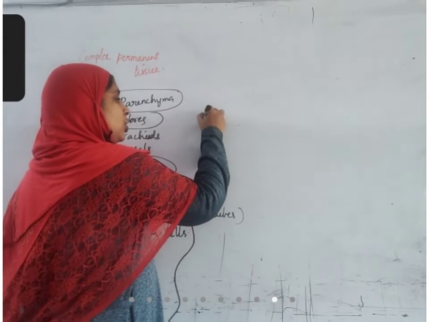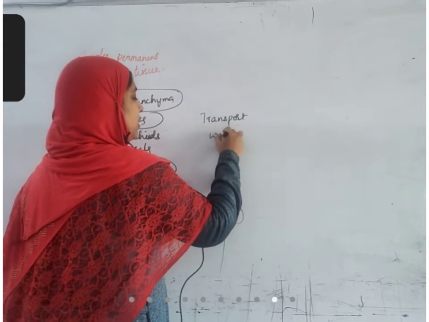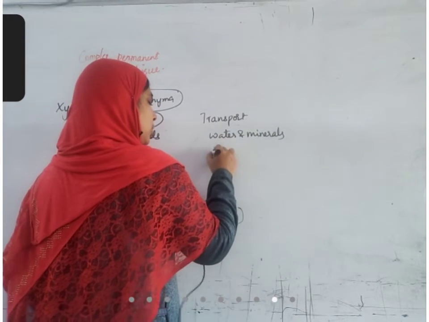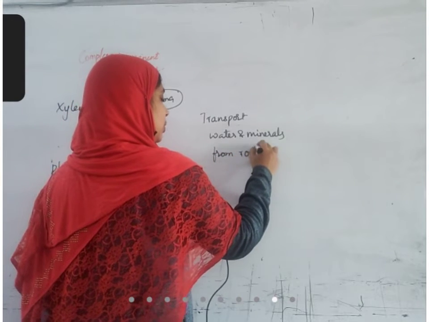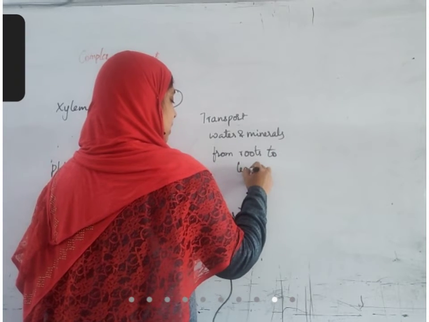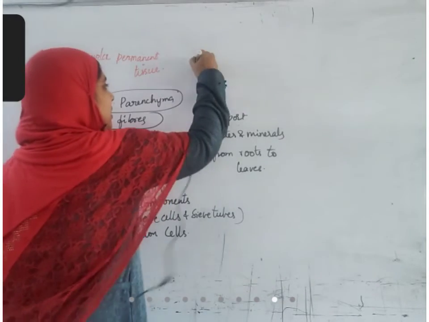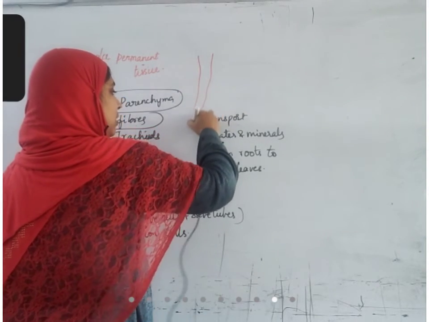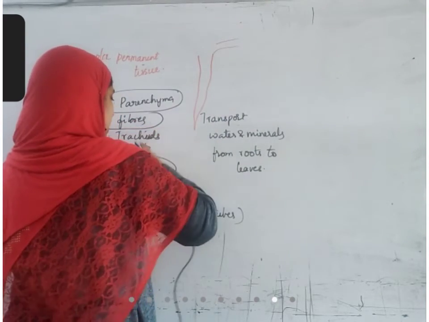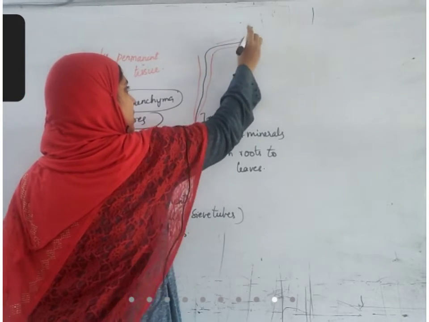What is xylem? Xylem is a tissue that transports water and minerals from roots to, sorry, to the leaves of the plant, where photosynthesis is performed. Inside the plant, in the root part and the stem part, wherever it is, in the center of the stem, this xylem tissue is running.